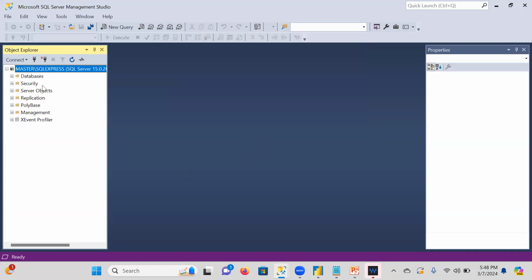And you can see here database, security, server objects, replication, PolyBase, management. These we are not creating. When we install SQL Server, these come automatically. It's a package. These things are ready. Once you click on the plus icon for databases,